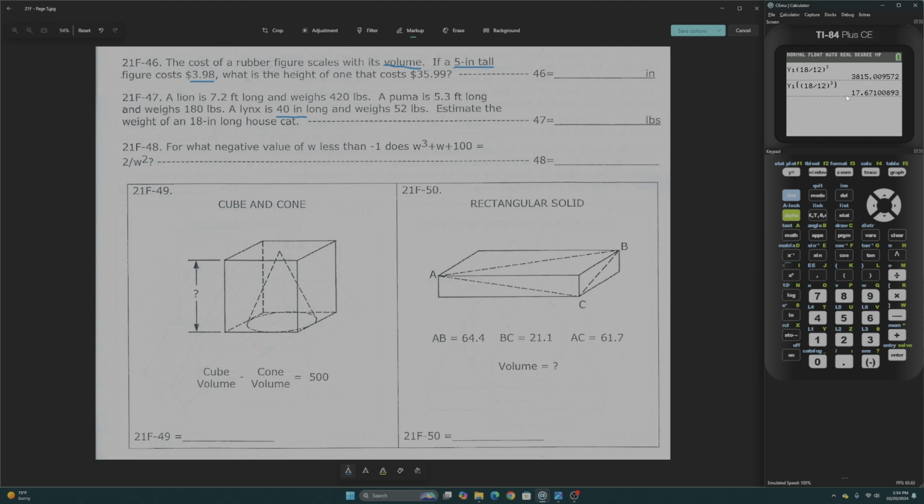And that's why, even though I thought that was right, you could immediately tell that was the wrong answer. Sometimes it's good just to do a mental check. Does this answer look close to what it should be? Because obviously, a really small 18-inch house cat won't be weighing 3,815 pounds. That would be one fat cat. Okay. So,